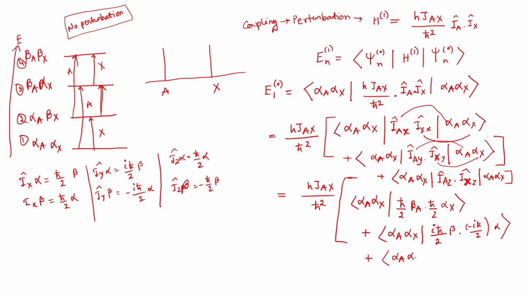Then what else do you have? Alpha a alpha x, this is easy. So this is going to alpha a z work on this will give us h cross by 2 alpha a. Actually I'm not writing those things, right? Alpha x beta x, here we are going to get beta a, and here we are going to get... I have done some mistake, let me correct it. I a y working on alpha a will give us beta a, and alpha x will give us beta x.